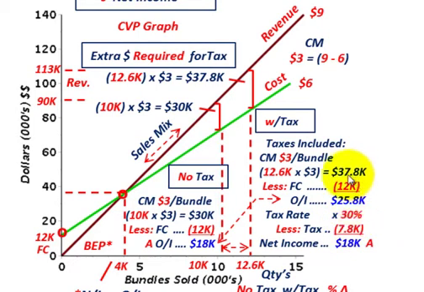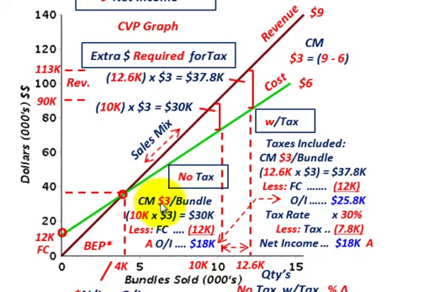Subtract that from our total contribution, and we get down to our net income that we were targeting at $18,000. So you can see operating income of $25,800, subtracting out our taxes, brought us down to our net income of $18,000. But we have to sell 12,600 bundles here. Now if we look at it without the tax,